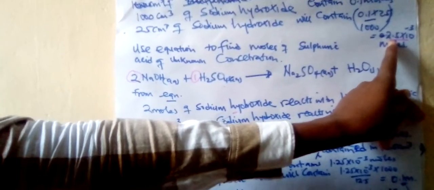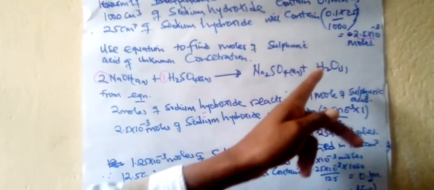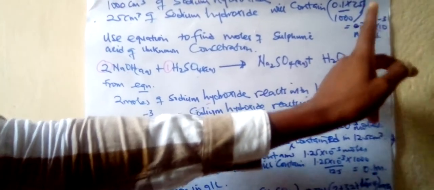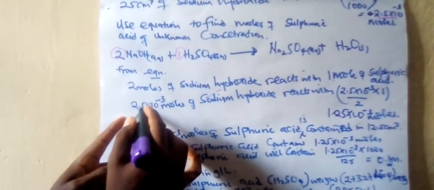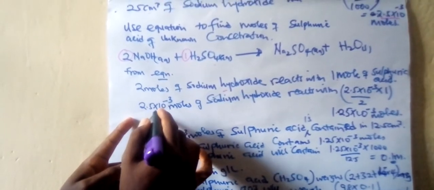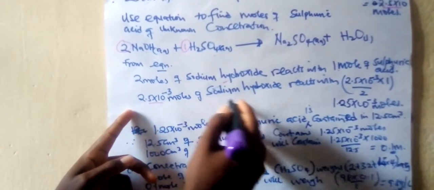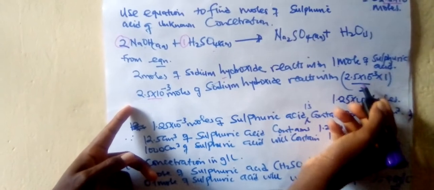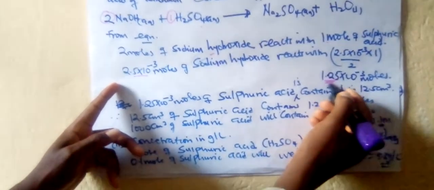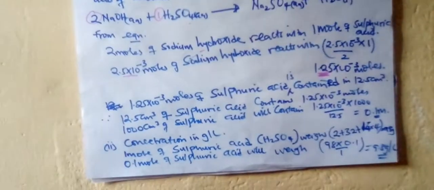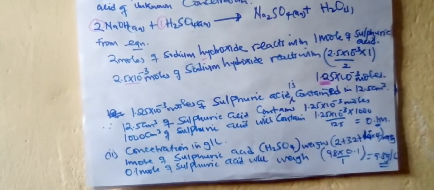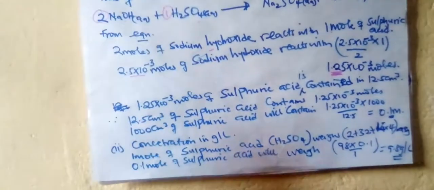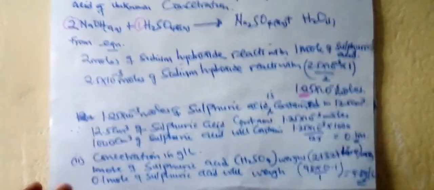Remember, in our question they said 25 required exactly 12.5. What about these moles which are in 25? 2.5 times 10 power negative 3 moles of sodium hydroxide will react with half of that. These are the moles of sulfuric acid that reacted, and these moles are in